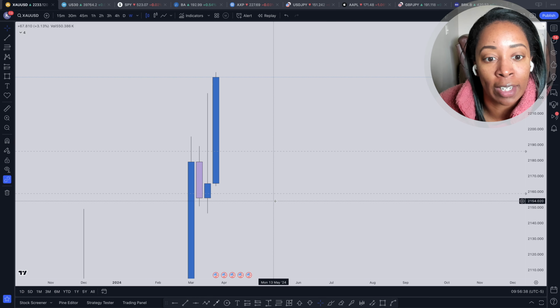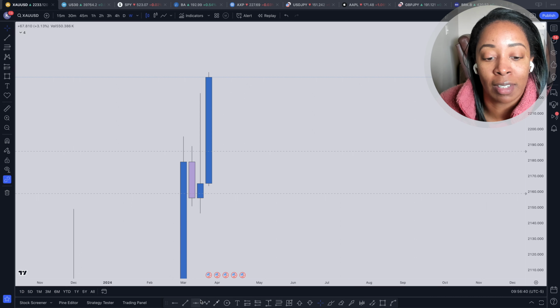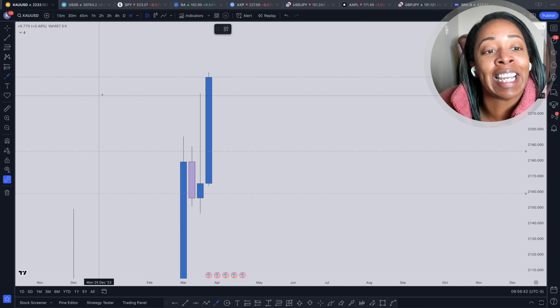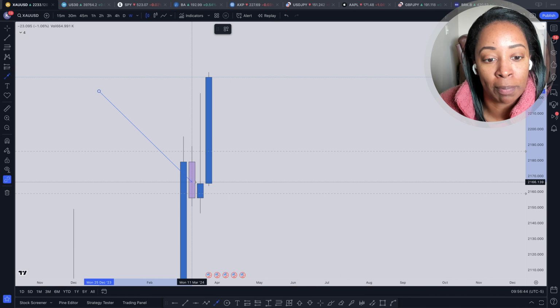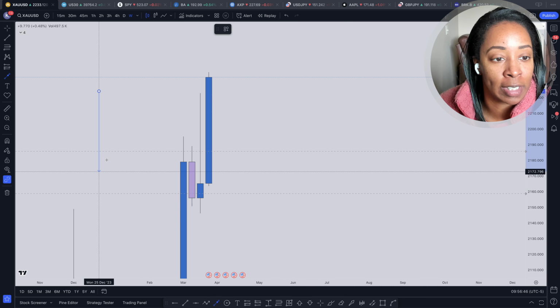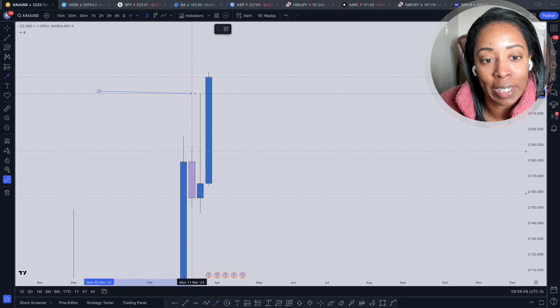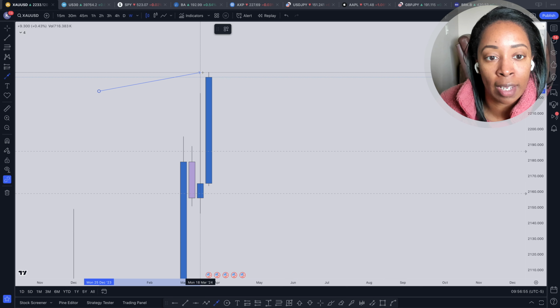And if you've traded gold at all, you know that this market is kind of wicky. So basically, it forms these really big wicks in either direction. You can see one right there as well. But the previous week as well, we do see that this past week did break above last week's high and then continue to push up a little bit more, but the big move was right here.